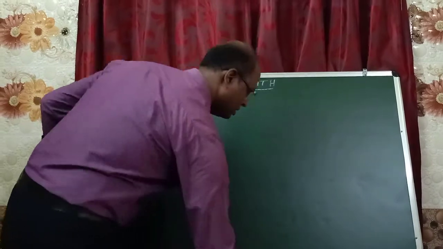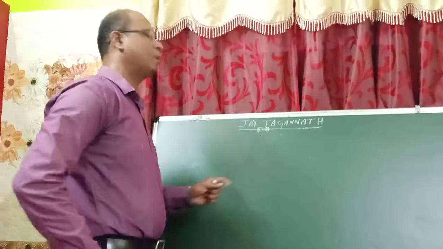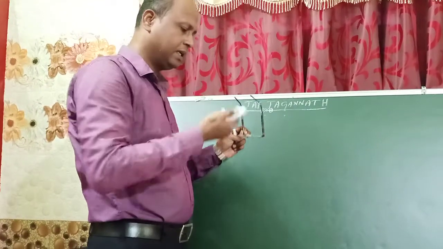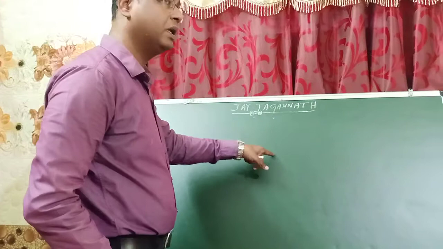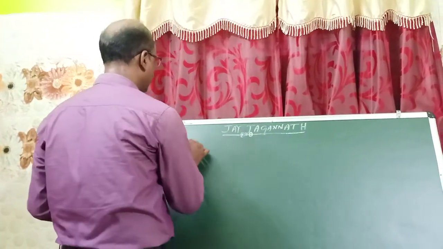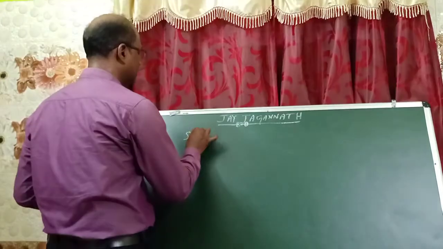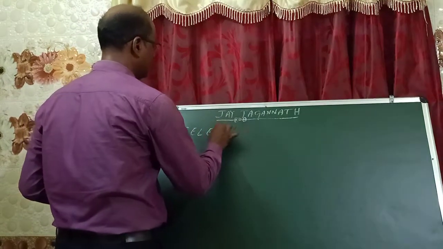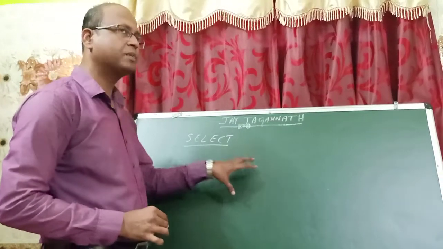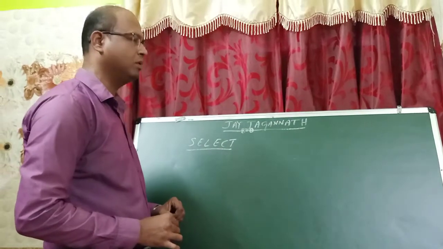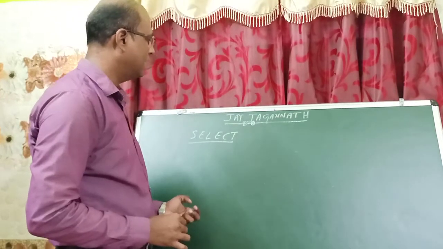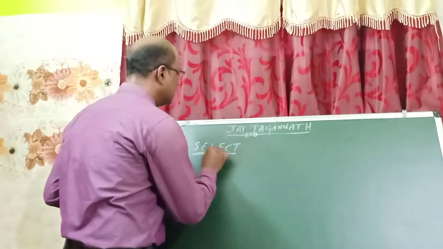DML provides some commands to perform the above operations. Those operations are selecting, retrieving, updating, deleting, and inserting. First command is select. Select command is used to retrieve some data from the existing table. Retrieving means extracting. You can get some data from the table as per your requirement using the select command.